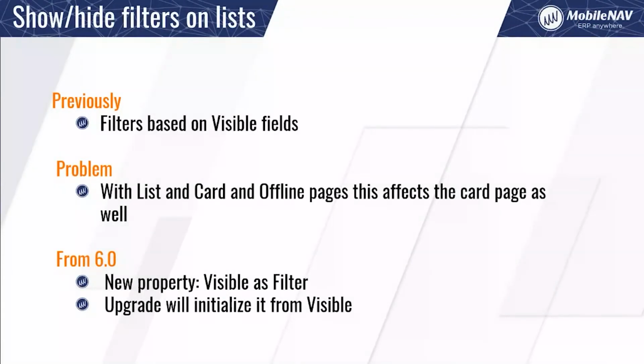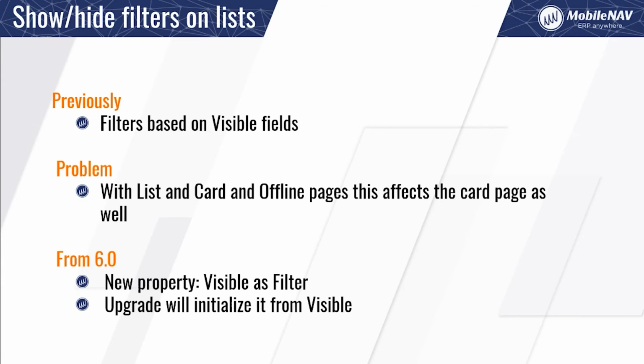Okay, the next story is showing and hiding filters on lists. Previously, you only had the option to play around with the visible property of the fields. And from now on, we have introduced one more checkbox for each and every field on a certain page where I can control whether it should be visible as a filter or not. Of course, during the upgrade, we will initialize it from the visible value, but from 6.0 now you can control